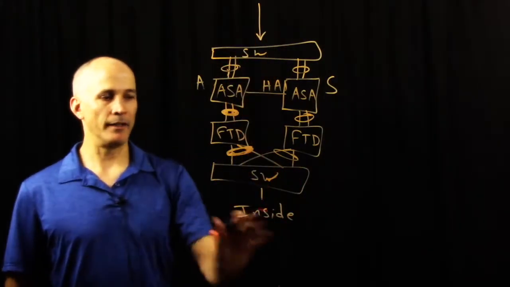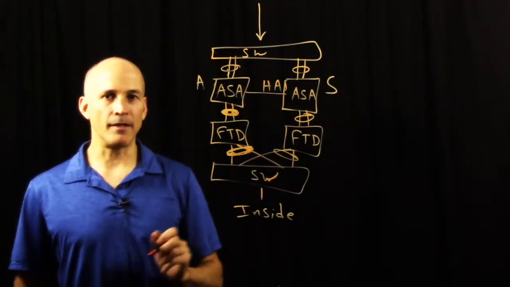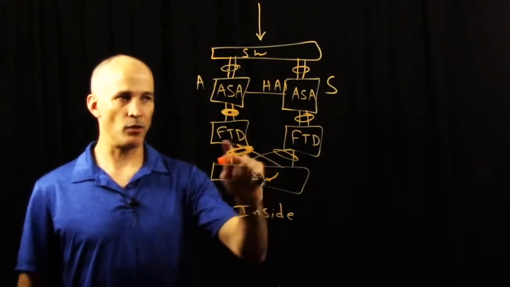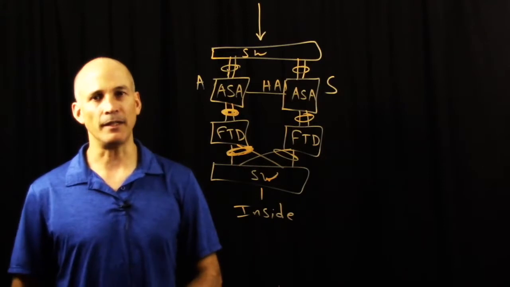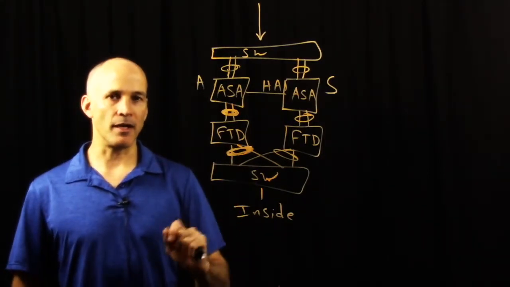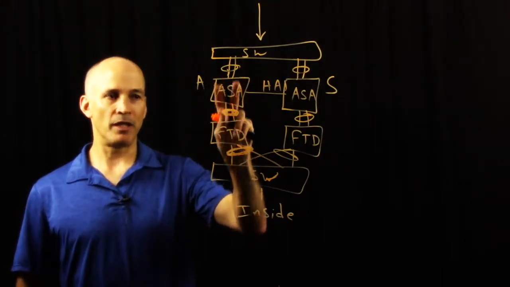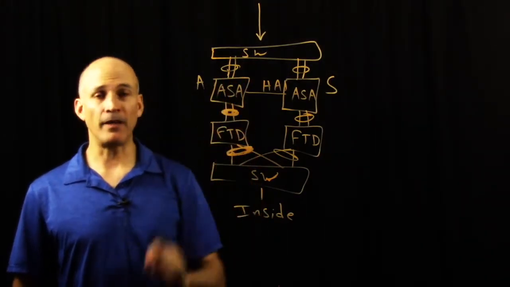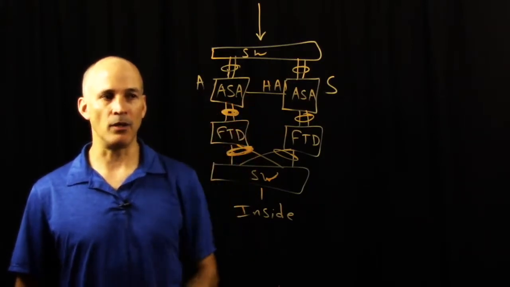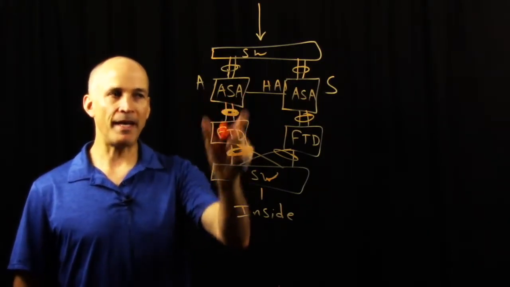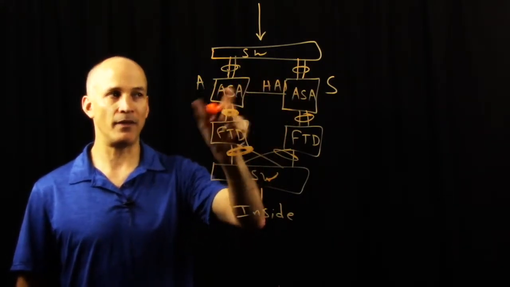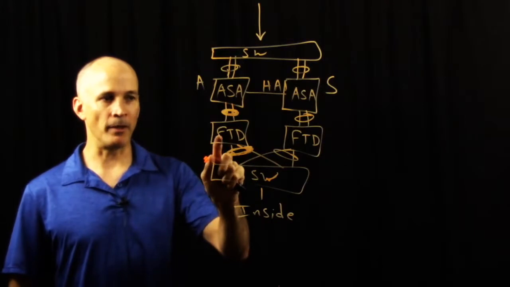So this design, you may recognize it, it's been deployed for a long time. It's a very traditional IPS deployment directly connected to FTD. One particular benefit of this design is that if you're replacing, potentially if it was a 5585 with firepower services and you're replacing it with newer ASAs and newer FTD devices, the behavior of this deployment acts very similarly to a 5585 in active standby, with the primary